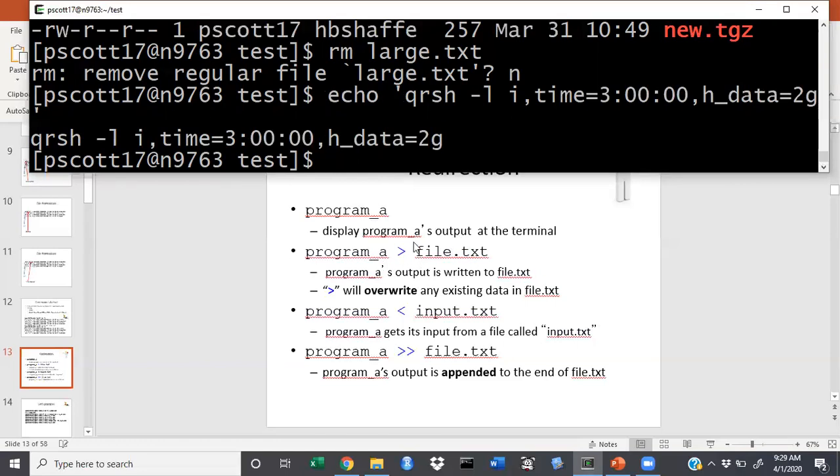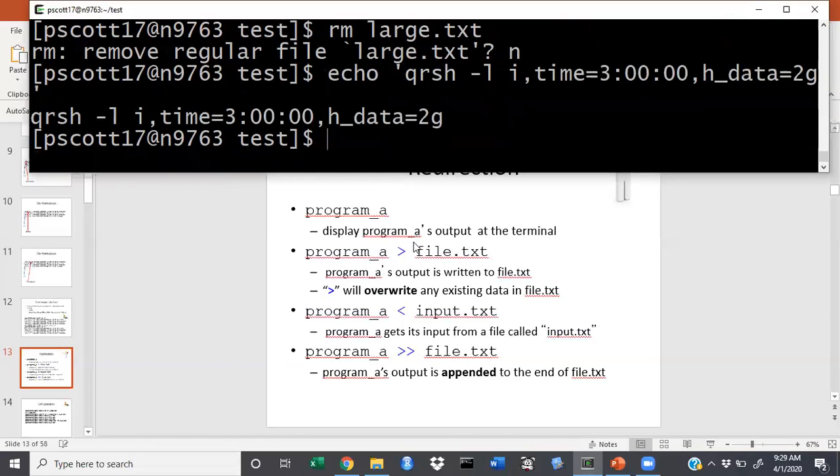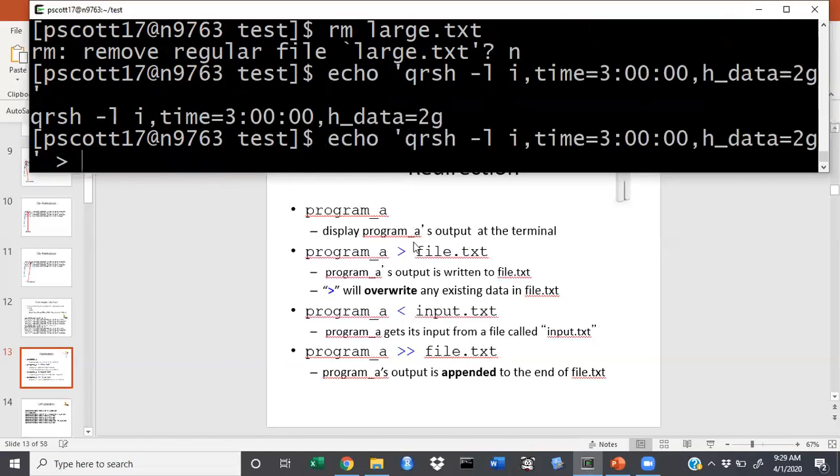And that's what we did when I did this. So now the output of echo is going to be saved in interactive2.shell. We want to be careful with these redirects because they overwrite any existing data in a file. I think we saw that yesterday a little bit as well. We can also take the